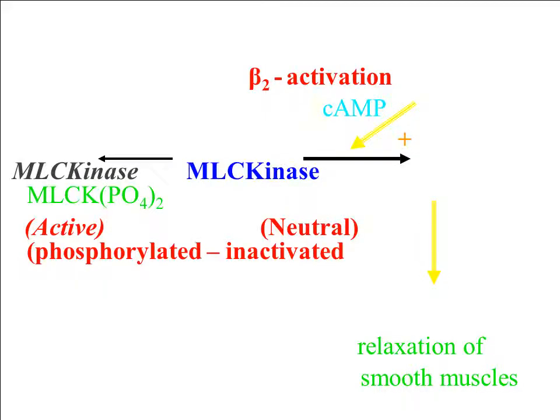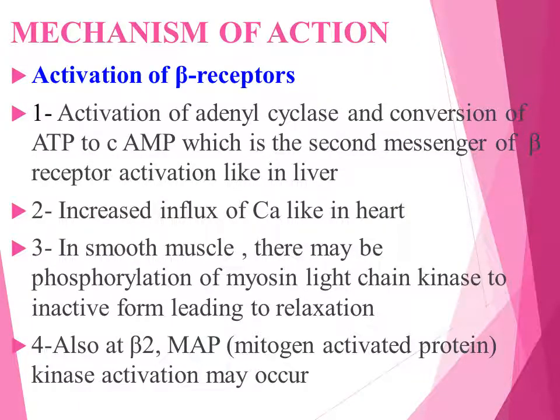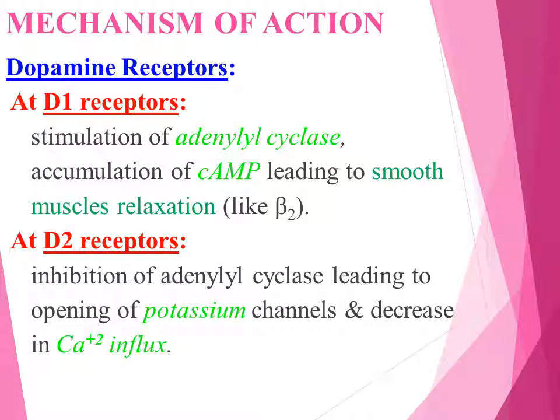Beta 2 activation causes increased level of cyclic AMP, which causes the myosin light chain kinase to become phosphorylated and changes into inactive form. So relaxation of smooth muscles occurs. Activation of beta receptor: number 1, activation of adenyl cyclase and conversion of ATP to cyclic AMP, which is the second messenger. Mechanism of action of dopamine receptors. D1 receptors cause stimulation of